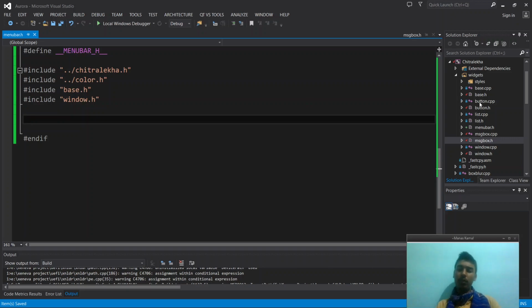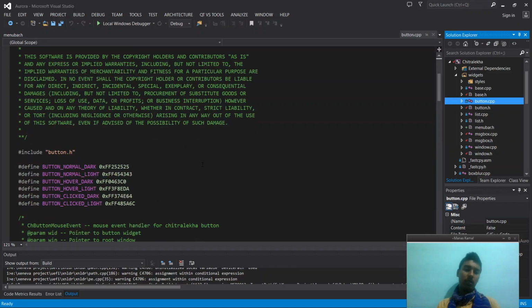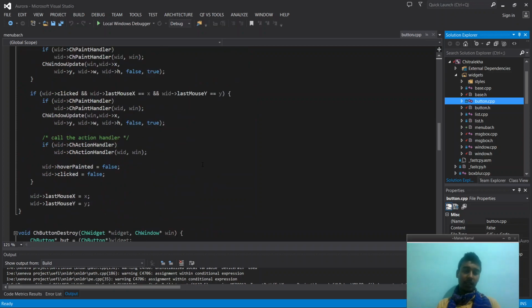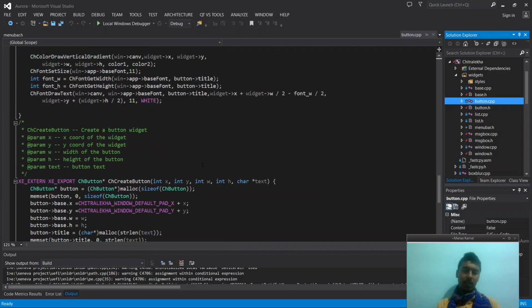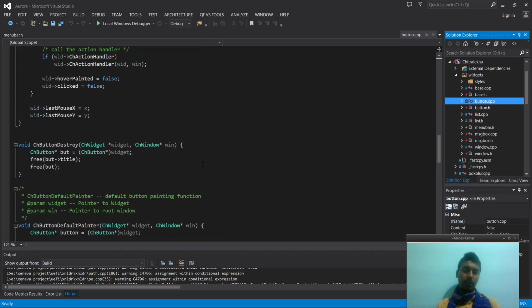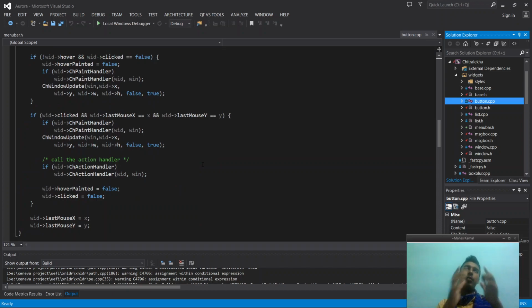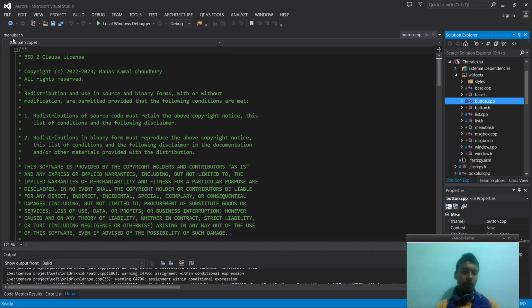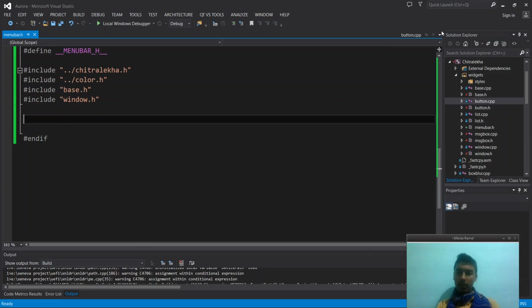Everything is a widget. Like we have buttons, and a button is a type of widget, and widgets are collected by windows, and windows finally draw all those widgets in a stack order from zero number widget to the final number of widget. Means a window contains a collection of widgets, and finally the window renders those widgets from top to bottom. So a menu bar also will be a type of widget, and here we can see